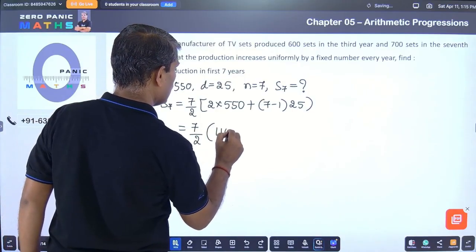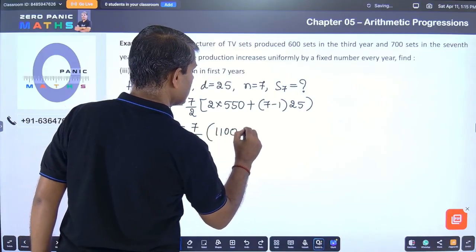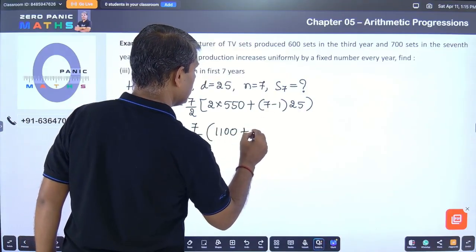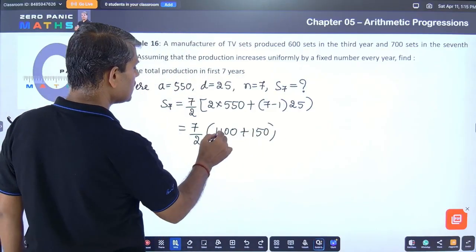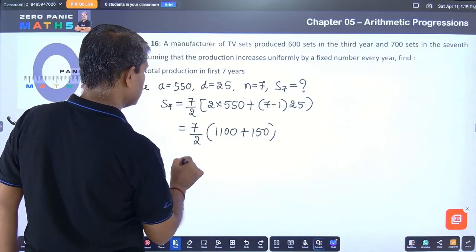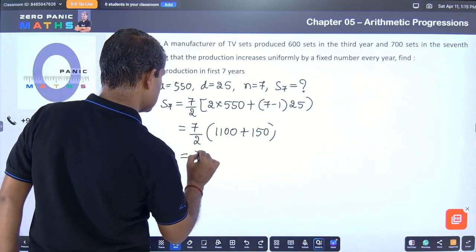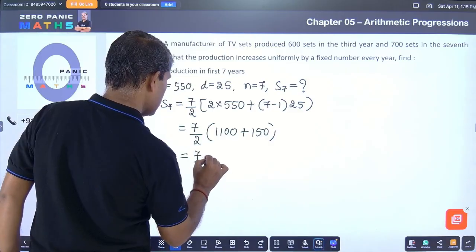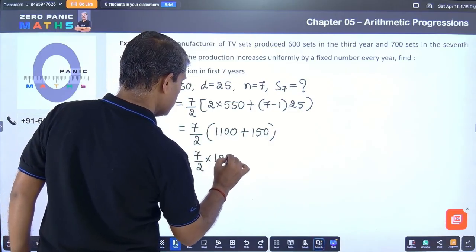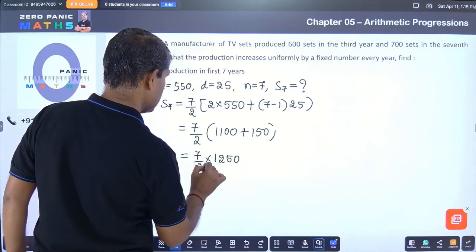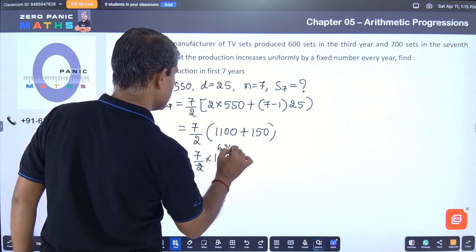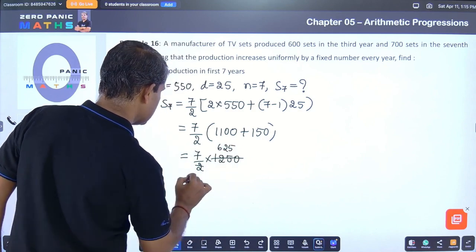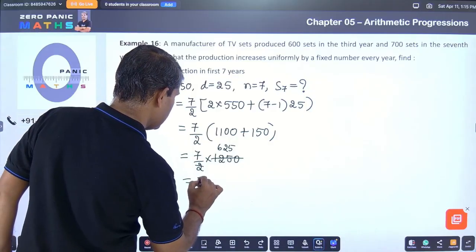It is 1100 plus 6 times 25, that is 150. So it is 1250. Right. So 7 by 2 multiplied by 1250. Two fives are 10, so what is this? It is 7 into